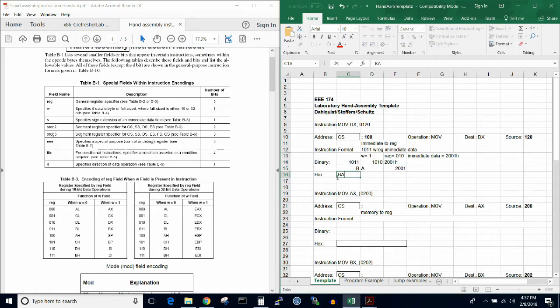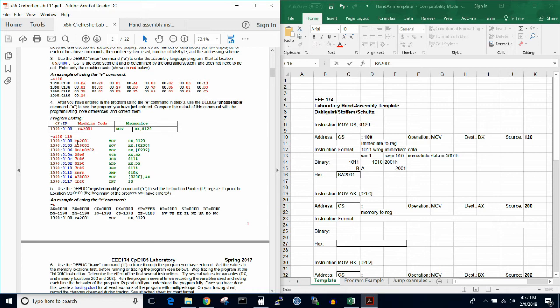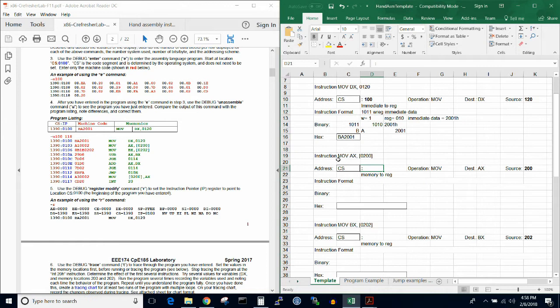So our whole instruction should be BA 2001. Now, I'm going to double check just to make sure I filled it out correctly, and see here as we look in our listing file, the instruction is BA001. Excellent. So next we're going to move down to the next instruction, and the next instruction is the move AX